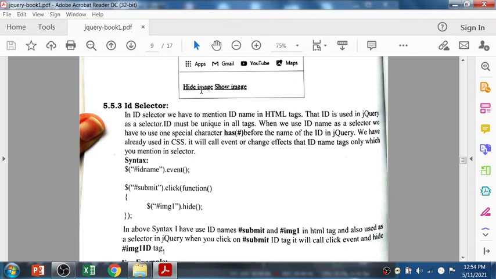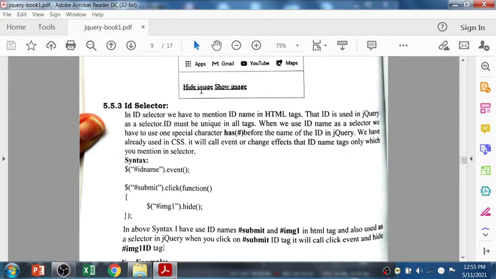Right now we are learning how to point to the particular element, and after that we will discuss the different events. Along with pointing to particular HTML elements, you have to learn a few events. You know how to use alert, hide, show. Those are different events, the different predefined functions provided by jQuery.